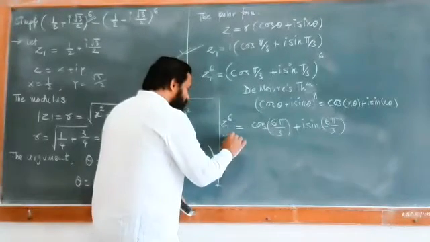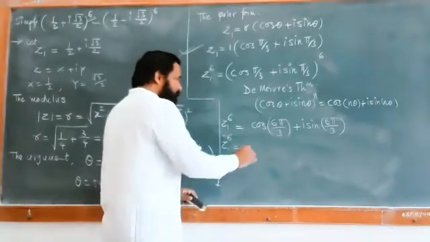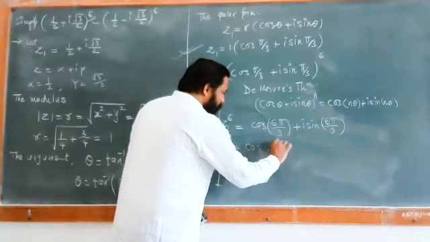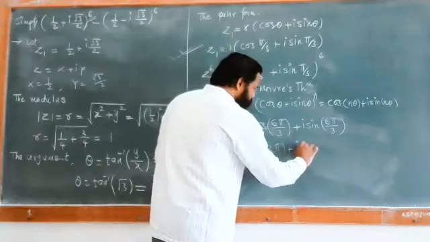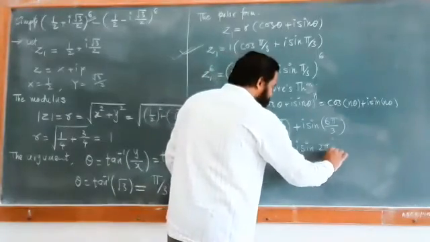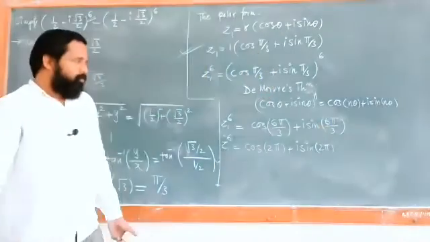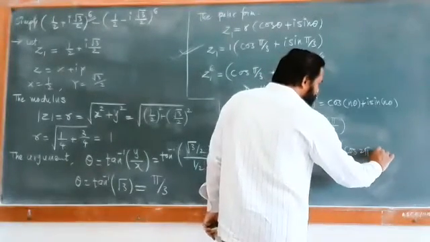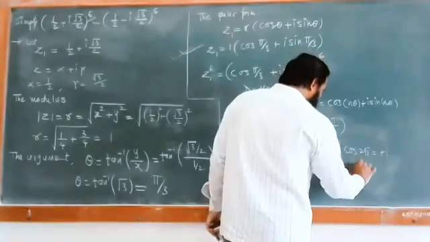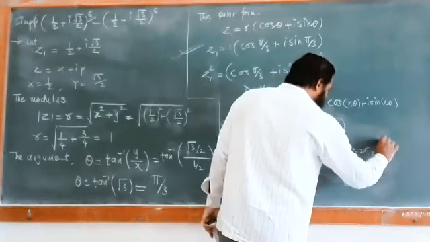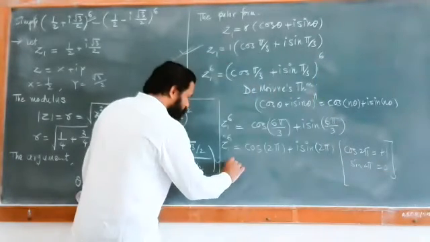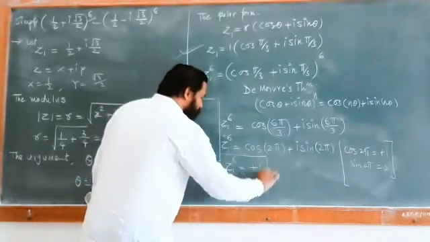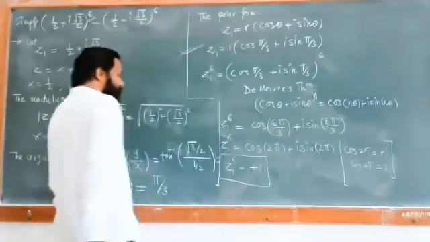So पहिला नंबर जो आहे याची व्हॅल्यू मिळेल z1 raised to 6 is equal to cos of, this is nothing but 2 pi, plus i sin of 2 pi. Okay, so what is the reason? The conditions are like this: cos of 2 pi is equal to plus 1, and we have this value of sin of 2 pi is all values are equal to 0, and so the first thing, that is z1 raised to 6 is equal to plus 1. Now look at this condition.